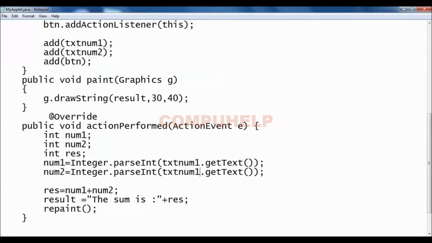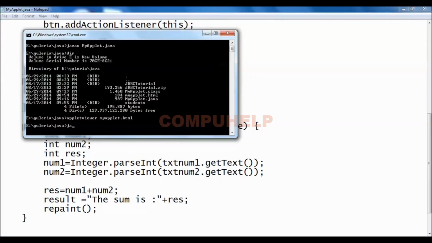Oh, so we can see here we are using num1 and num1, so we have to use txtnum2 here. Now once again we need to save it, and once again we need to compile it. Javac, and then you can use myapplet.java, then appletviewer my